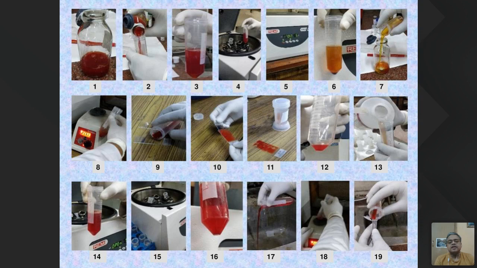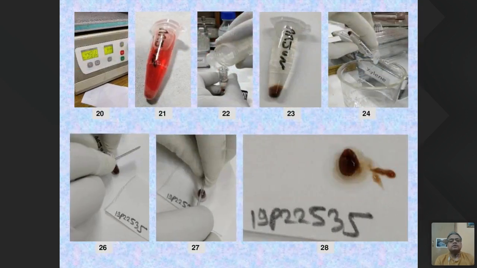This is the Cytolite. Centrifuge it. It has lysed, but there's a button. Throw away the supernatant. Vortex it. Transfer the button into the Eppendorf tube. Then this is the Eppendorf tube. Centrifuge it, and now this is the Cytorich fluid, and this is the cell button. You can see the cell button.